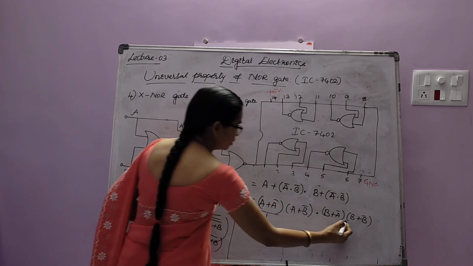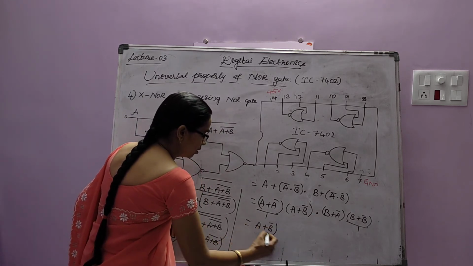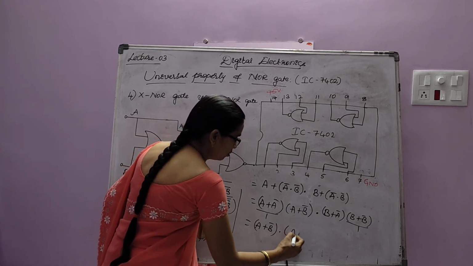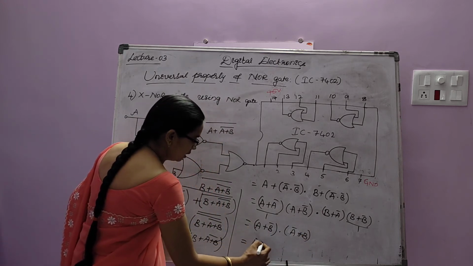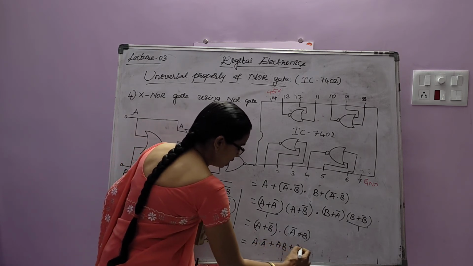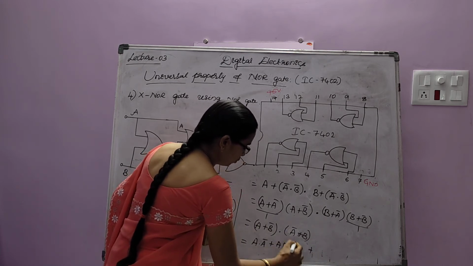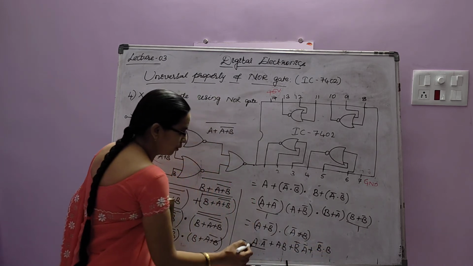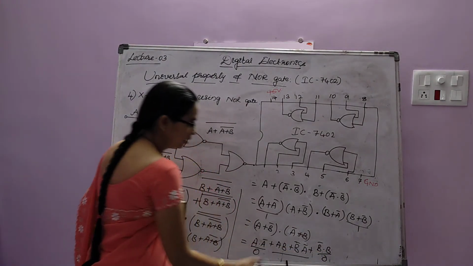So this will be 1, this will be 1. So what I will get is (A plus B bar) into (B plus A bar), or you can even write (A bar plus B). If I expand this, A into A bar plus AB plus A bar B bar plus, or you can just write B bar A bar only, no problem. The next step will continue: B bar B. This A into A bar will be 0, B into B bar will be 0. What will I get in the final?